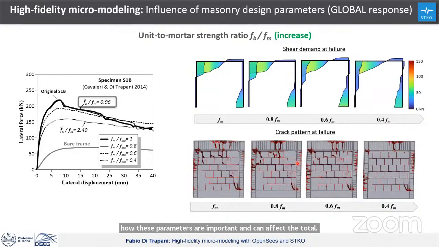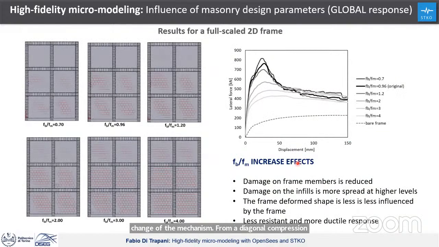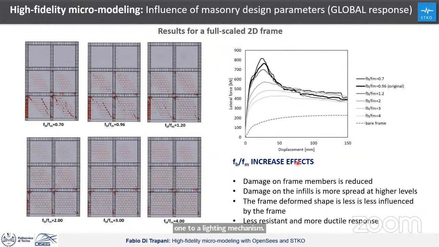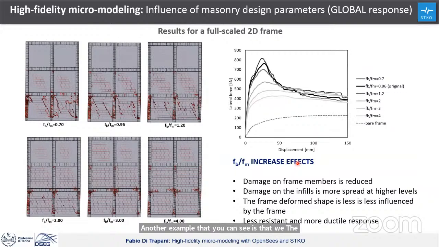This is another case in which we are starting from a strong infill in which we have a diagonal compression, and we are reducing the strength of the mortar up to 40%, and you see the change of the mechanism from a diagonal compression one to a sliding mechanism. Another example that we did is related to